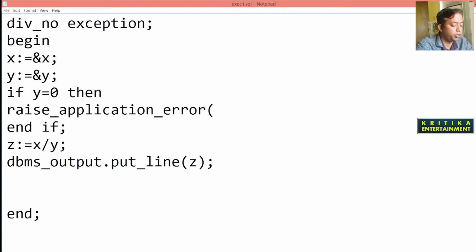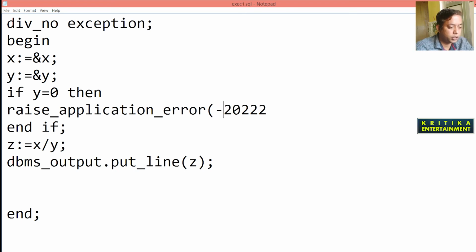Here you give the error number, in the range minus 20,000 to minus 20,999. So here write suppose minus 20222, and this is the minus.